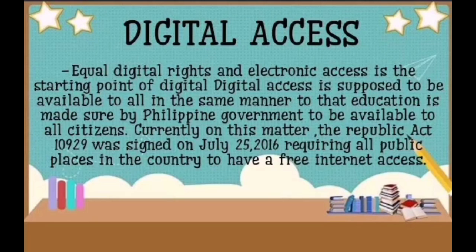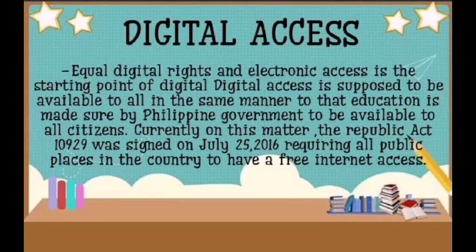So, the Republic Act 10929 na kung saan require ang lahat ng public places in the country na magkaroon ng free internet access, na kung saan libre tayong gumamit ng internet or libre tayong maka-access ng internet, including the national and local government offices. Free silang magkaroon ng access.